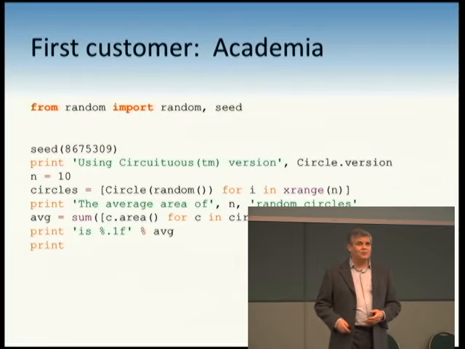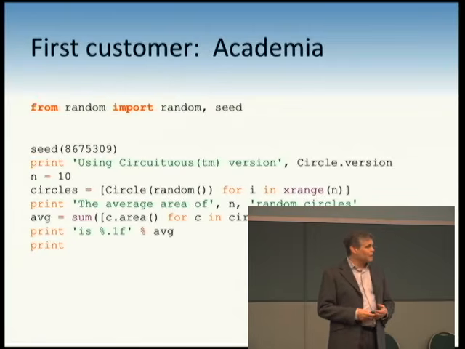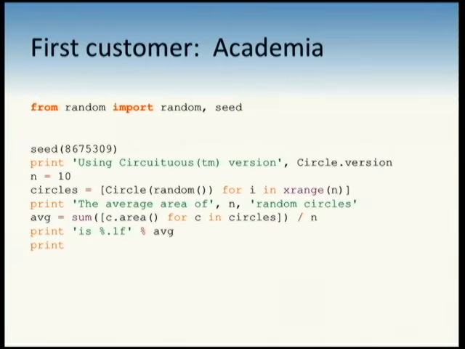User number one was, nobody would pay us for this, but our friends back in academia, they want our software. And they use it in an interesting way. Their goal is to make a research grant proposal to compute the average area of random circles. They're starting in their proposal with n equal 10, but it is their hope if they get a DARPA grant, they will never have to graduate and can stay in school forever, not getting either a real job or doing a startup, making them very happy. The surprise for us is that they used n equal 10. You're like, wow, when we made this, we thought of only 1 or 2 circles. These guys may make lots of them. So one thing to anticipate for how people use your classes is possibly they're going to make many, many instances.